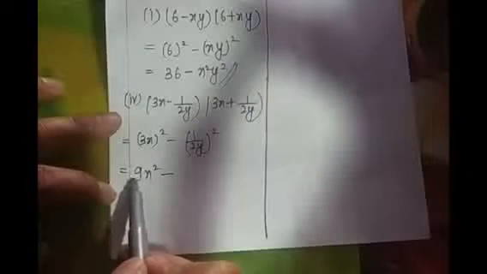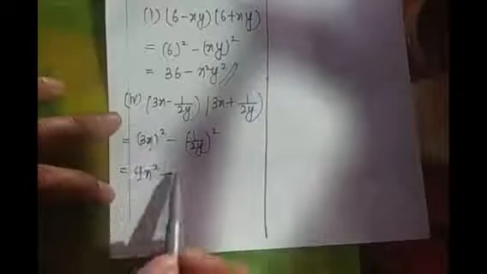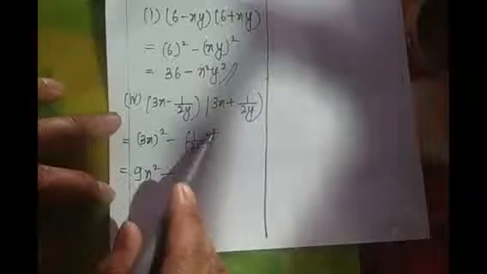So therefore this is 9x square minus, so 9x square. How 9x square? Because the square is for both 3 and x, isn't it? 3 square is 9, and x square is x square. But here the square is again for the numerator as well as the denominator. So therefore this will be 1 square is 1, 2y square means 4y square. So you don't have to do anything, just keep your answer till here. Okay,